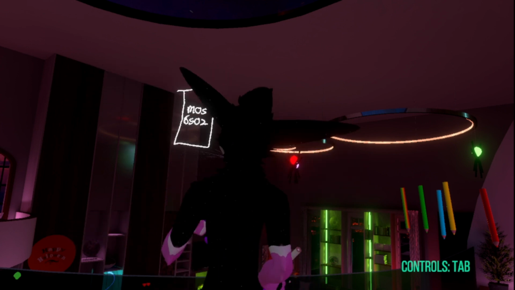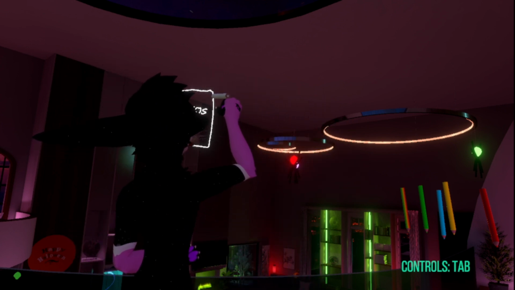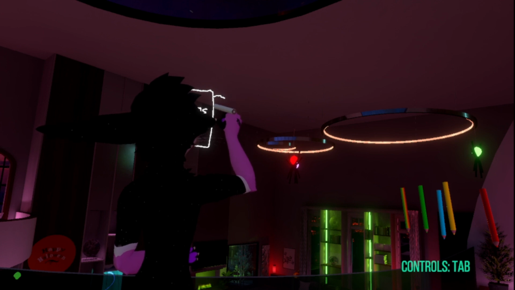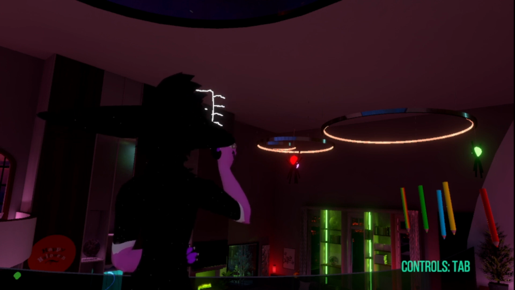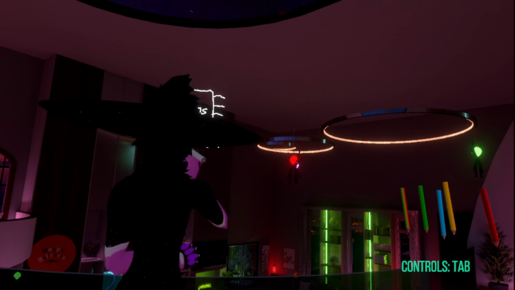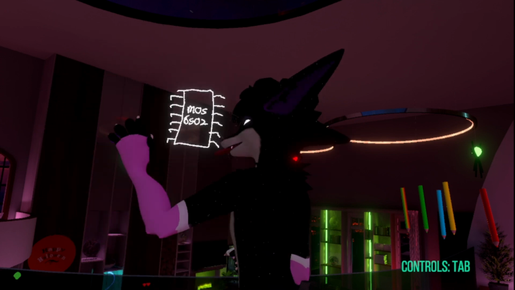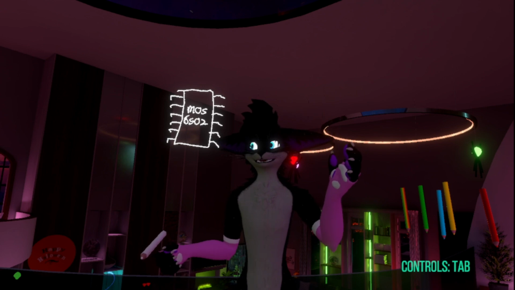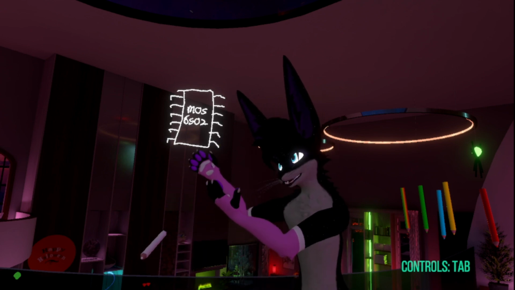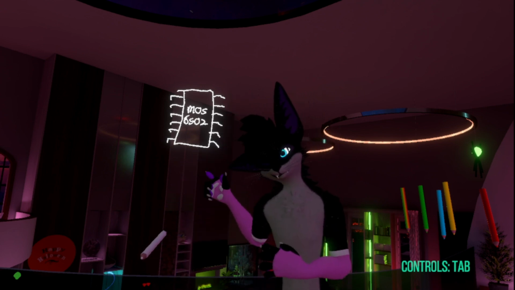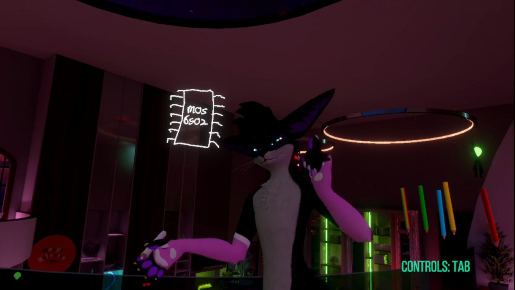Yeah, like that. And it's got these little legs. I'm gonna simplify these. Alright, here it is, the 6502 CPU. Pretty cool, right?